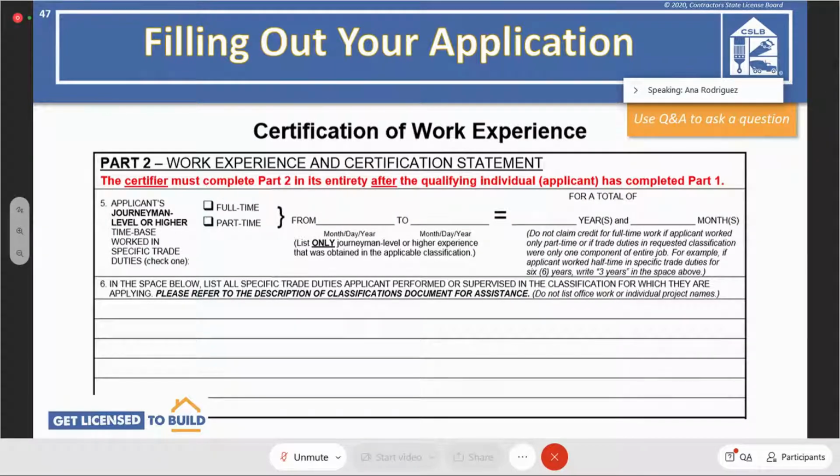Part number 2 of the work experience certification will be filled out by a certifier. In this section, the certifier must include the dates in which you obtained the experience. They must also select if you were working on a part-time or full-time basis. Keep in mind that if you were working on a part-time basis, you're only going to receive 50% of the